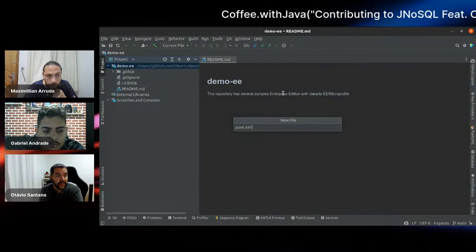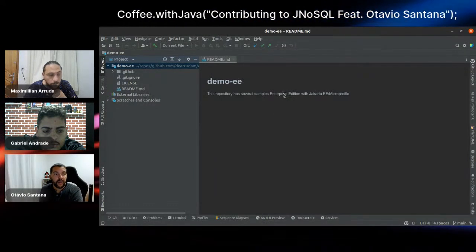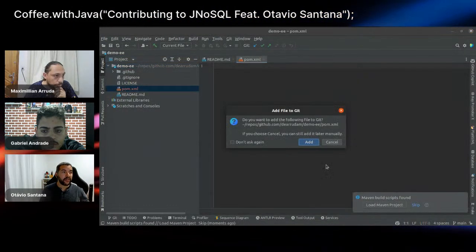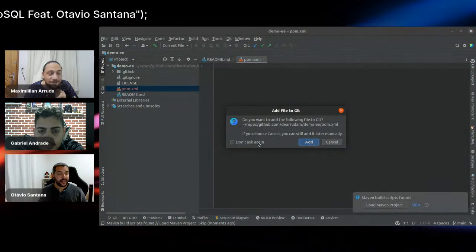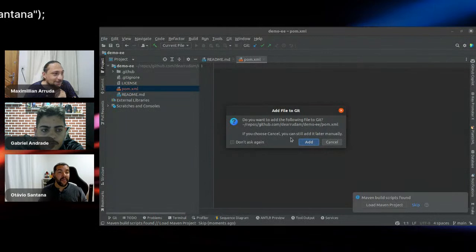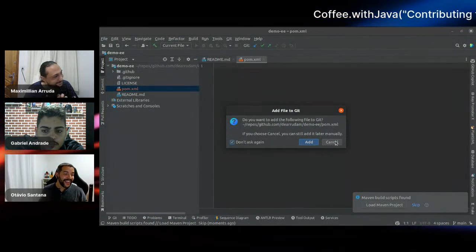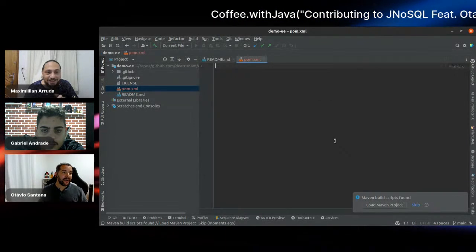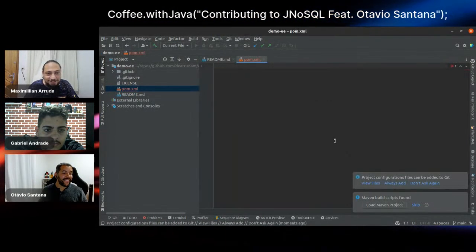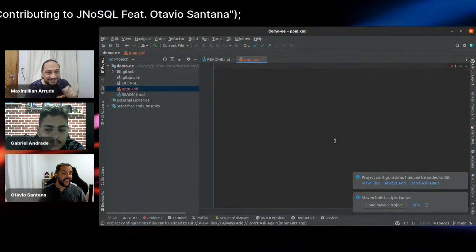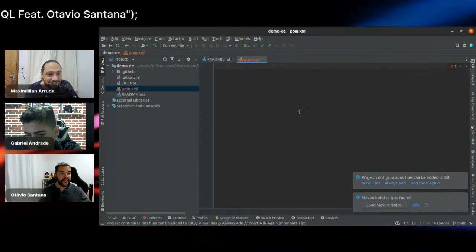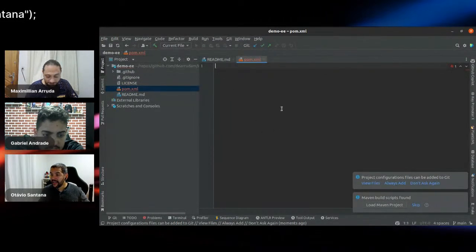The other is to edit the file manually. I'm an old person, so I like to edit the file manually and not delegate those things to the IDE. Okay, it's fine.